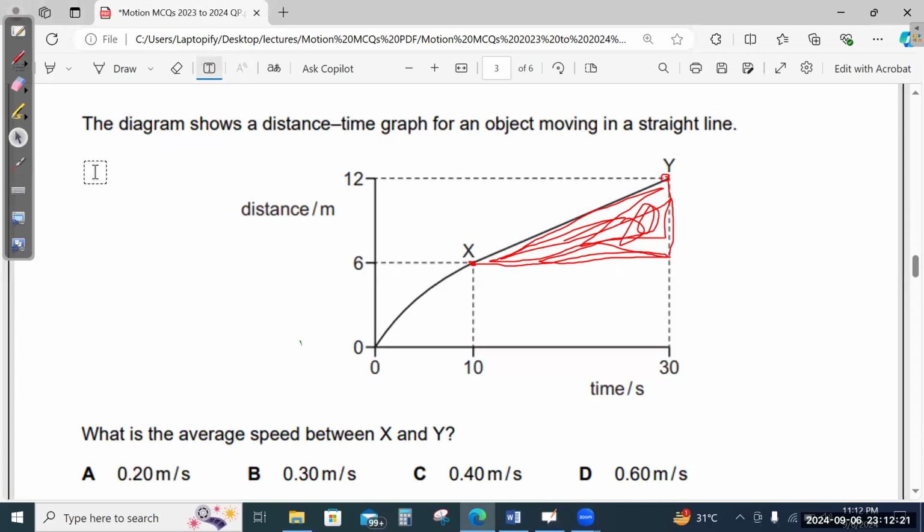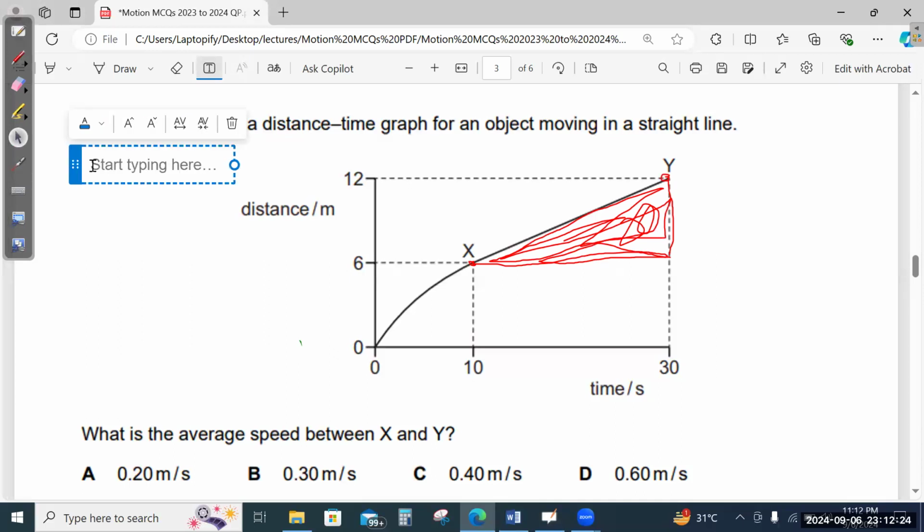I will solve it here. Gradient is equal to y2 minus y1 divided by x2 minus x1. The value of y2, this is the second point, you have to move horizontally, and it is 12, minus the value of y1, this point shows y1, you have to move horizontally, this is the value of y1,